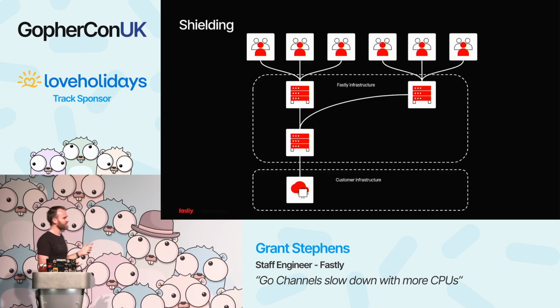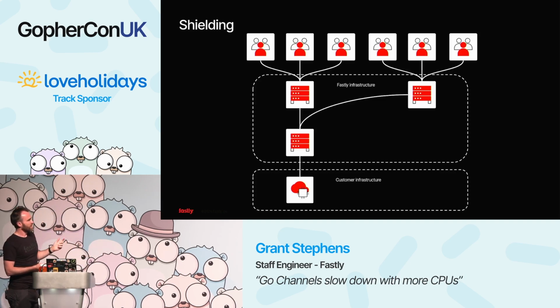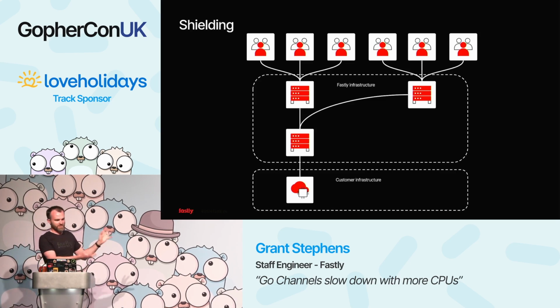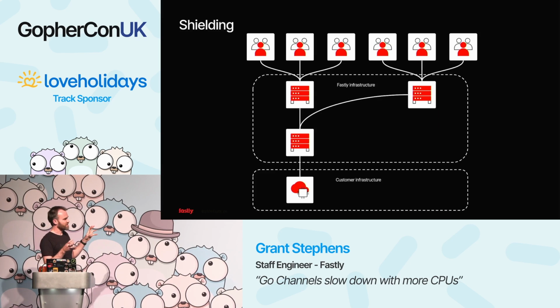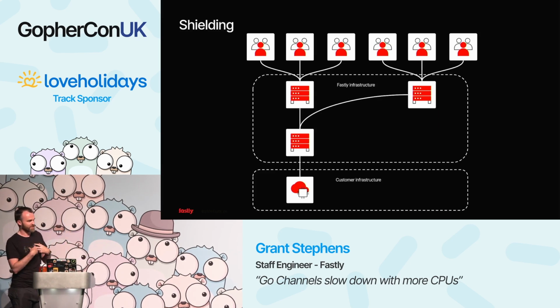But we can do even better than that, and we do this thing called shielding. So say your server is located close to London, you can set your shield location to be London, and then all of our other edge cache servers will first go and try and fetch the content. Obviously, they'll first check if they have it themselves. If they don't have it themselves yet, they'll then go and fetch the content from your shielding location, which in this case would be London. So there's a centralized point. And then the London one, if that doesn't have it, that's the only one that actually hits your backend at the end of the day.